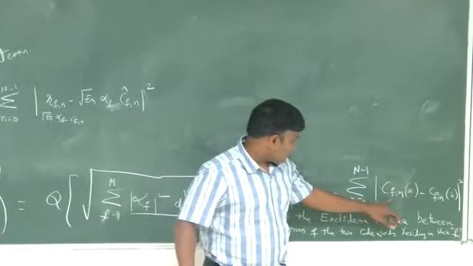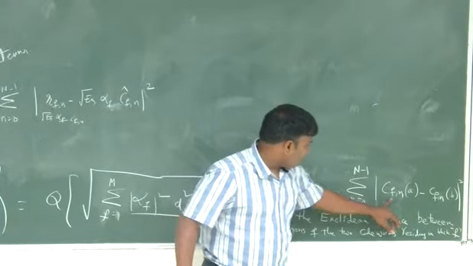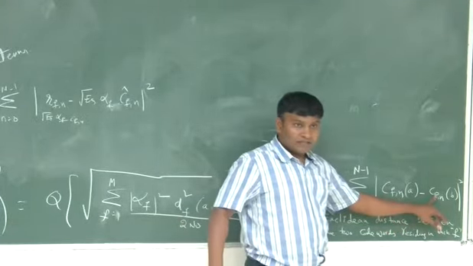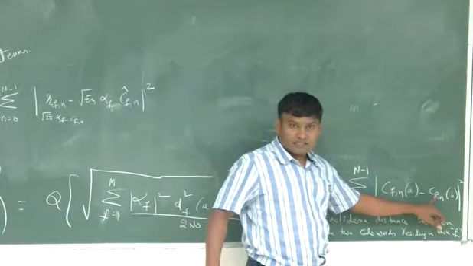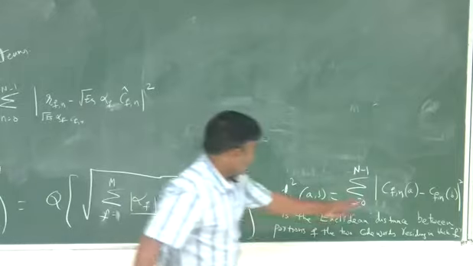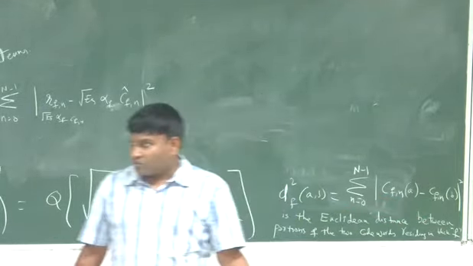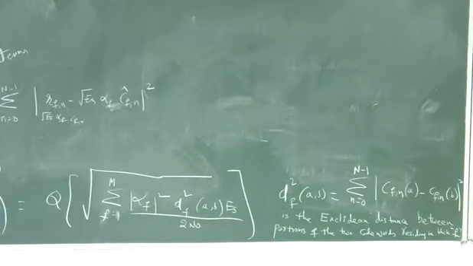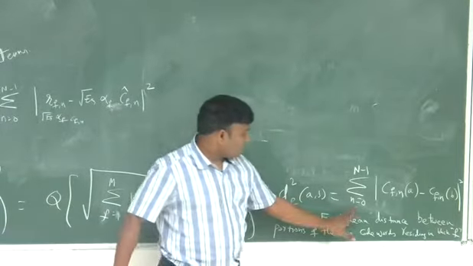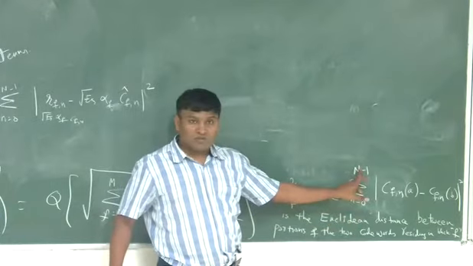FPR expression. Okay. So now, wherever they differ, it contributes to the minimum distance. If CFN A is equal to CFN B, there is nothing to contribute. So we say that the received block is in error, at least in one position they differ. What is the position we are talking about? Position n equal to 0 to n minus 1.